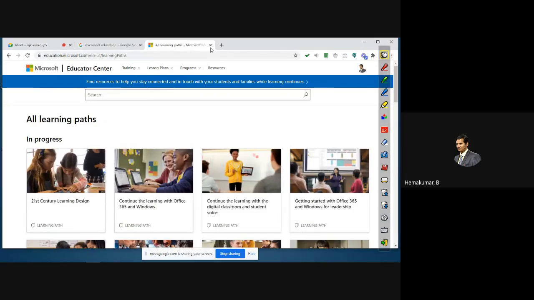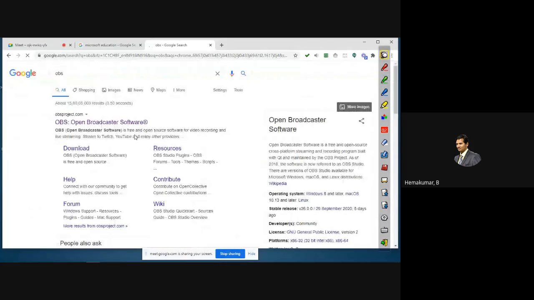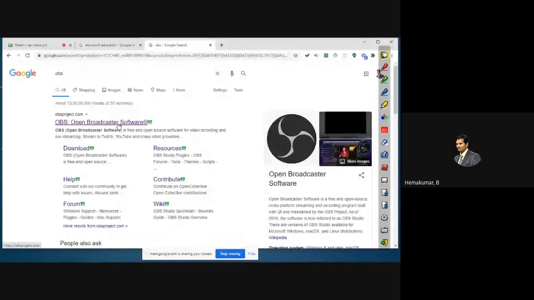Now I'm going to concentrate on OBS, because that is one essential tool that we need to understand. To get OBS, just type OBS in Google, and you'll get the Open Broadcast Software. Whatever I am dealing with now, how to interact with OBS and how to go to YouTube Live,